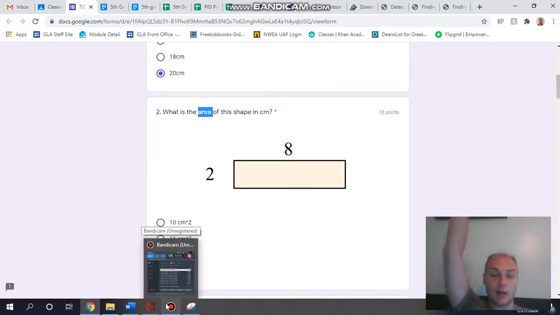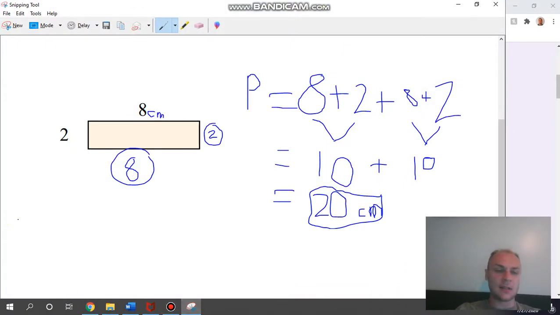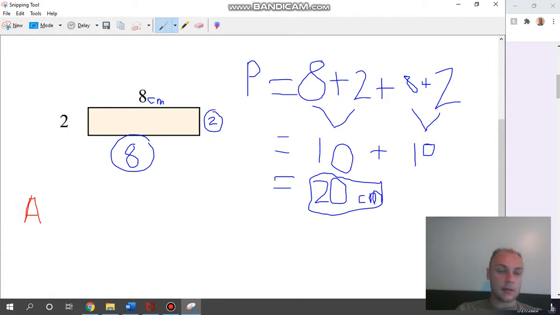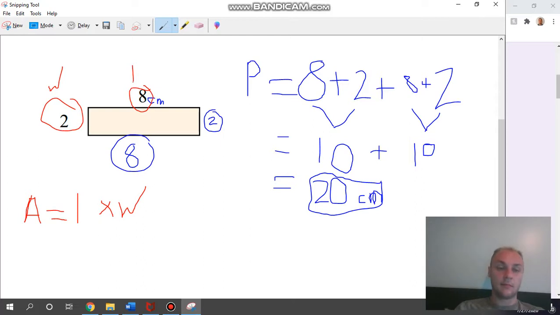Raise your hand if you know how to find area. Ooh, shake it around. I feel like most of you do. It's a skill that you learn a couple times in your life. I'm going to go ahead and do it in red. Area equals what? It equals length, and that's an L, times width, which is a W. This is the width, and this is the length. Okay? So it would just equal